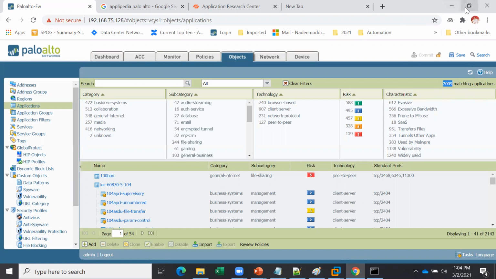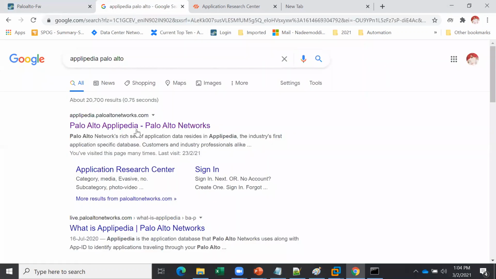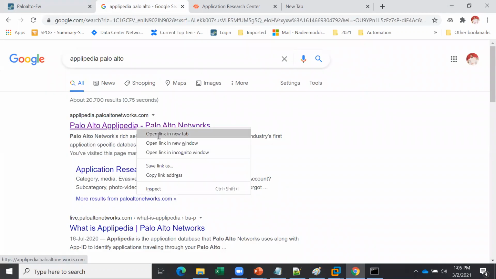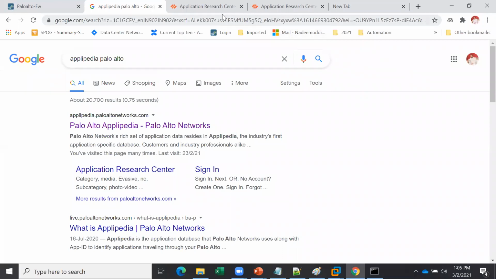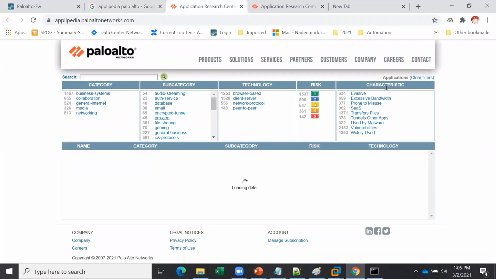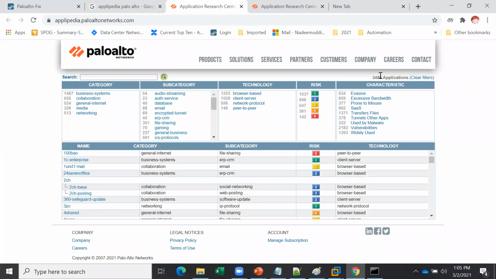But if I go to Google and check Applipedia, okay, can you see here? It's loading actually. Okay, can you see 3,485 applications are identified from paloaltonetworks.com.